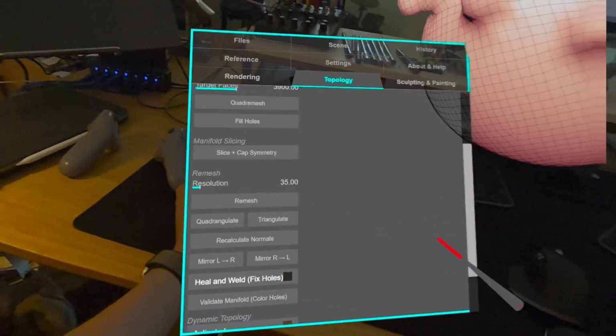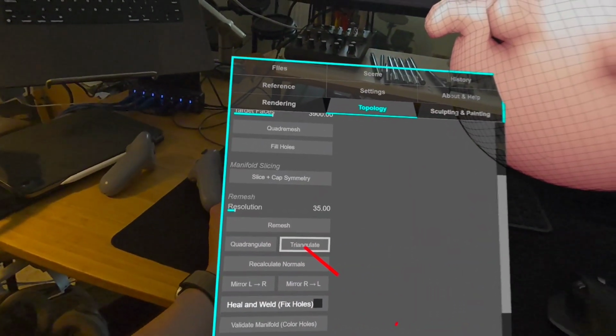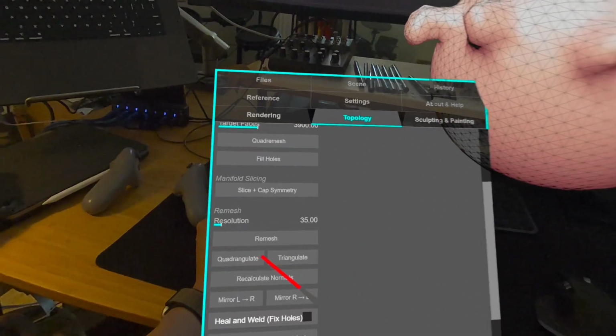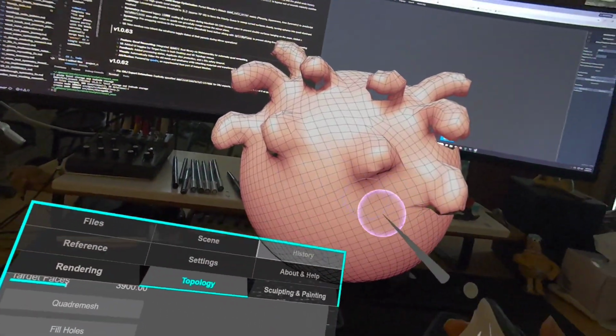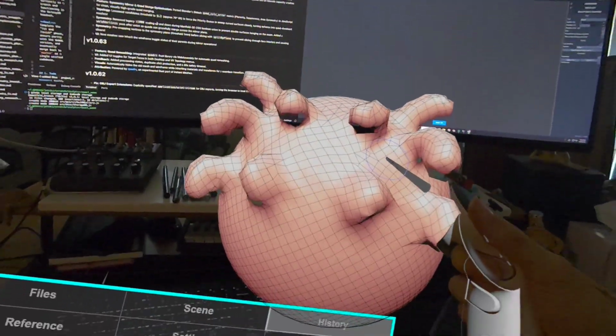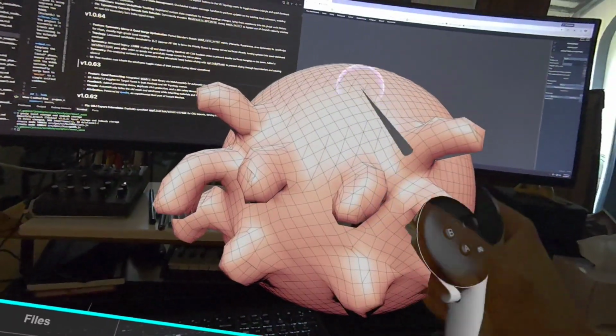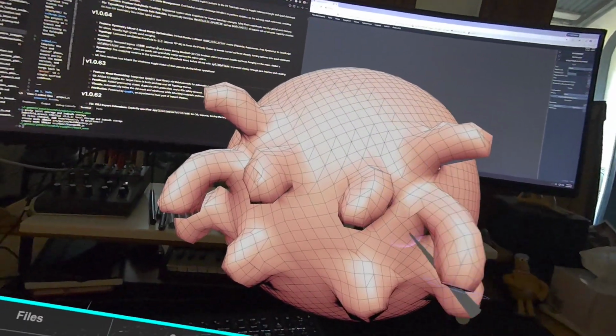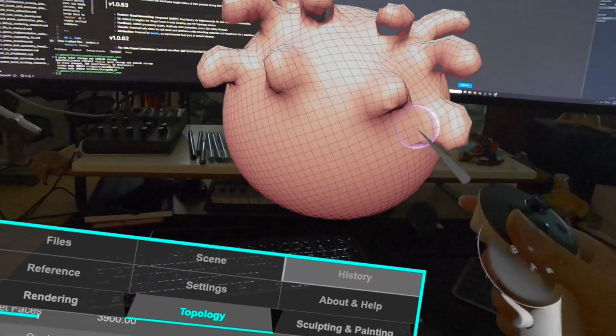So I've got two buttons down here for that. I can triangulate it, triangles, and then if I quadrangulate, this uses the algorithm that's mostly the same as the one inside Blender. It's not 100%. You can see it's still making some mistakes, but it does not a bad job, especially on something which is